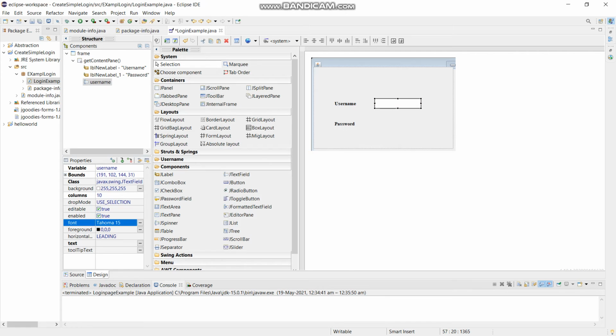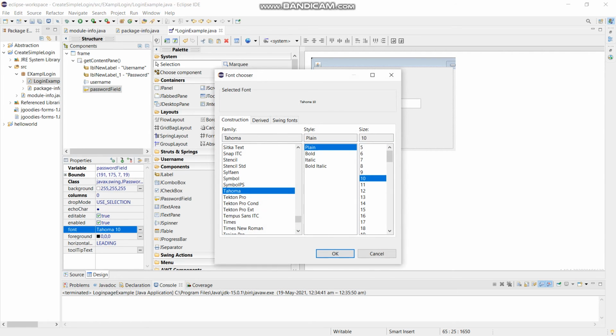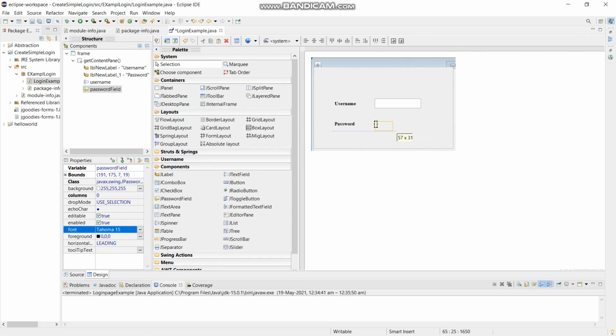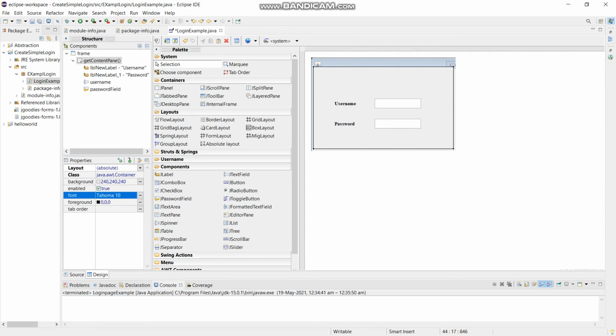Now you need a password field, because you need dotted elements to be printed whenever you write something from the keyboard. So you just change the size of the font, whichever you want to give inside this password field, and restructure it. Now you have your username text field and password field.